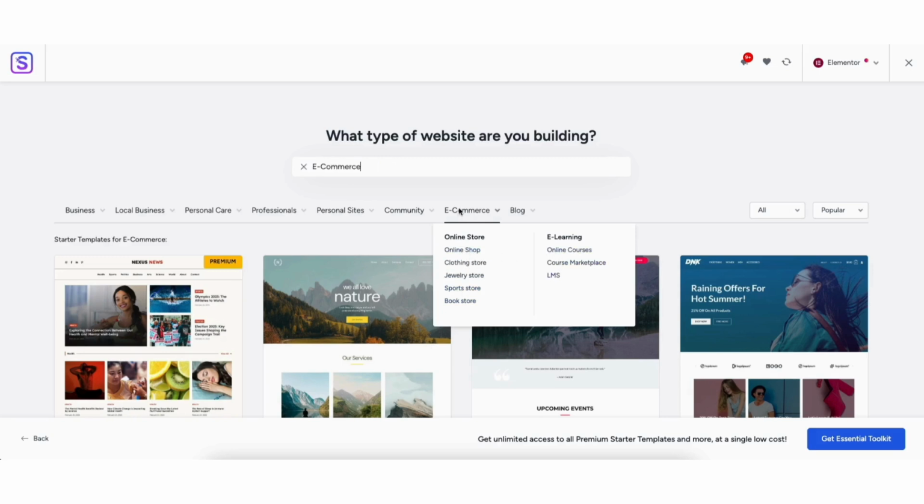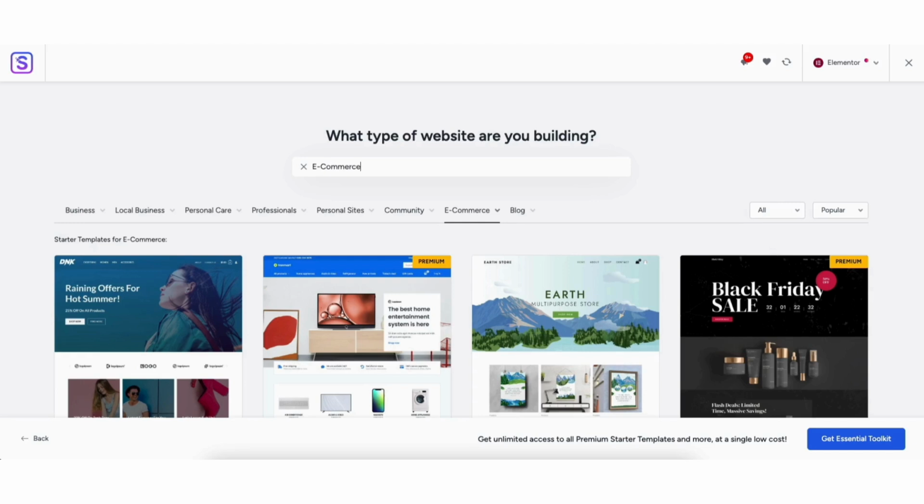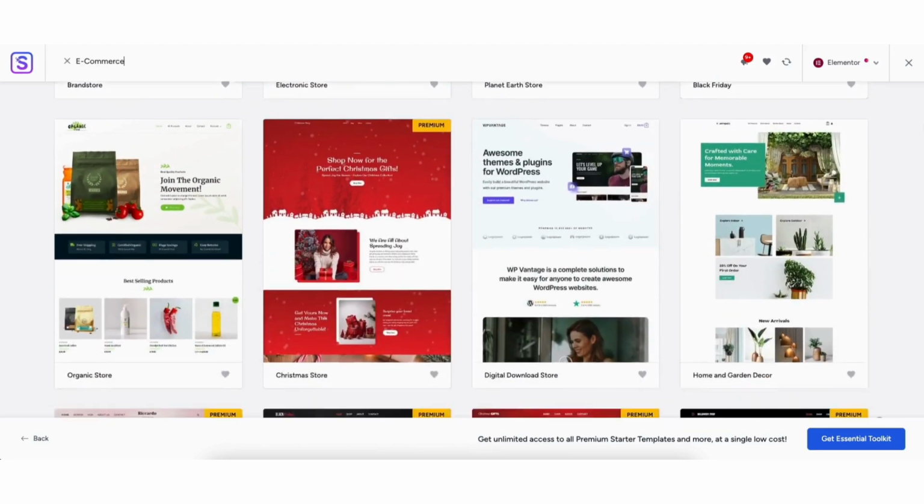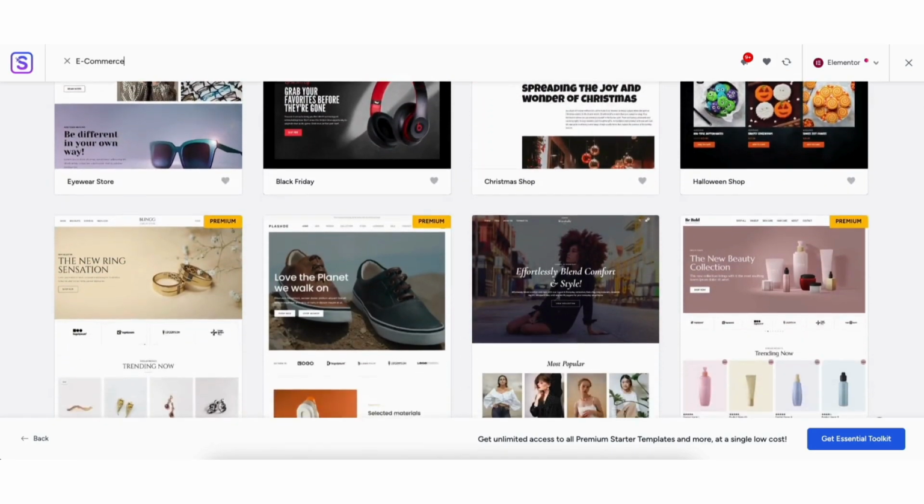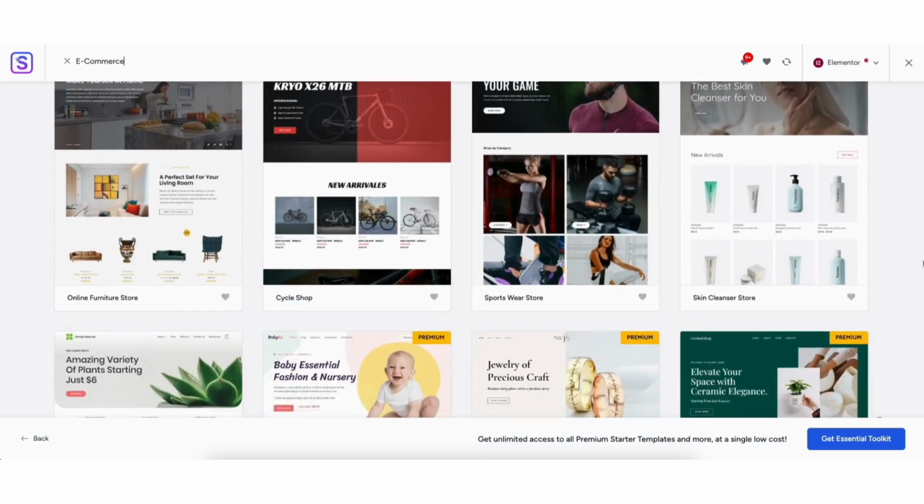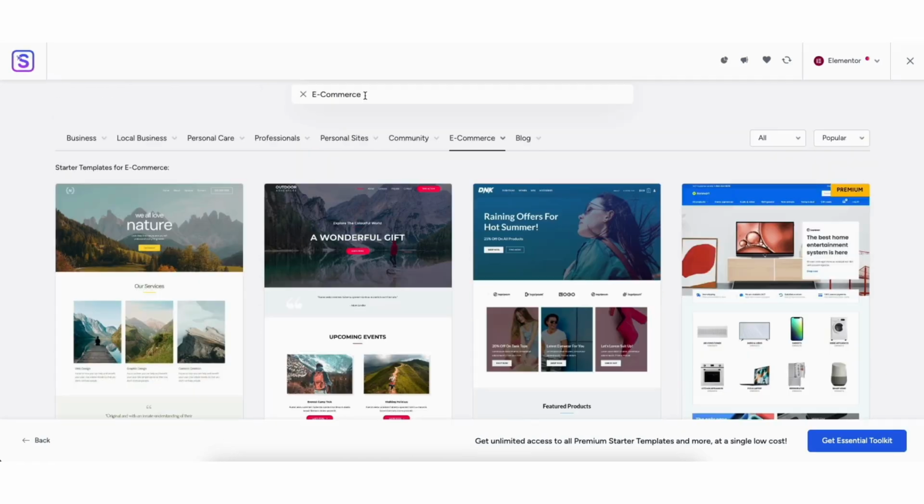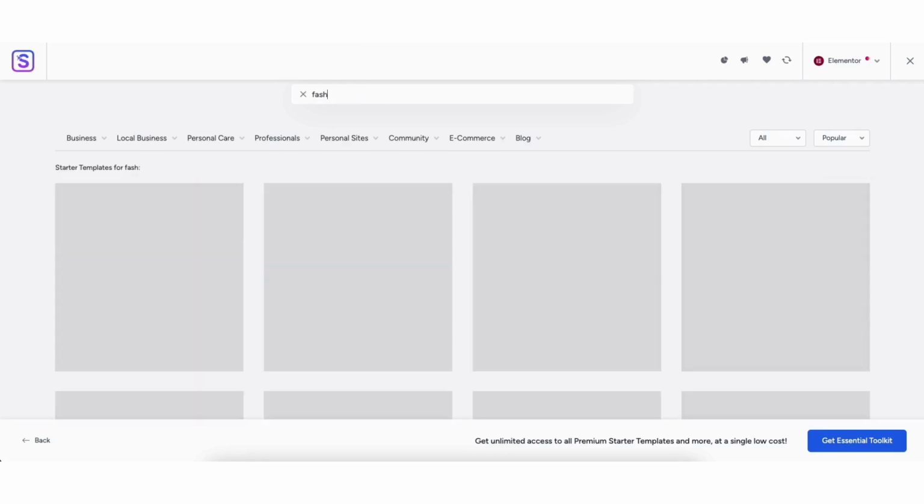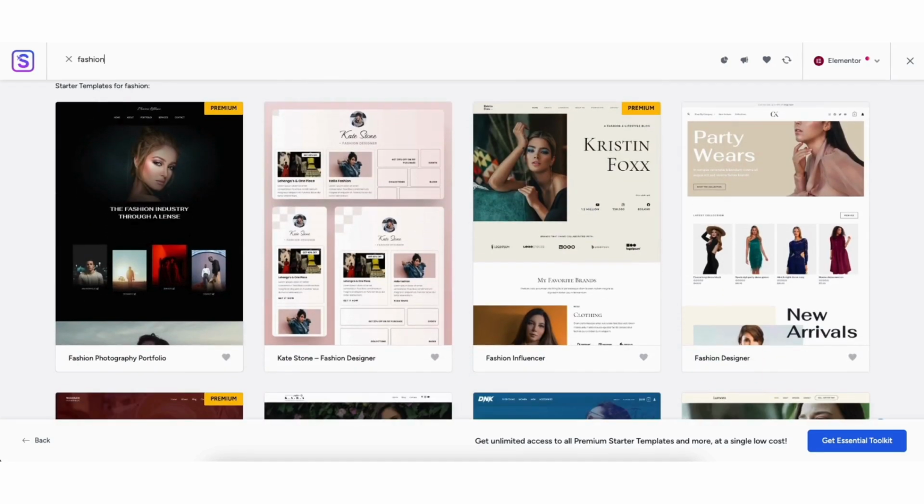If you click eCommerce, it'll pull up eCommerce templates you can choose from. There are a lot of great eCommerce templates to choose from under this category. I'll scroll up to the top. In the search field, I'll type in fashion. You'll see this fashion designer template here. For this tutorial, I'm going to choose this template here, and then we'll make it our